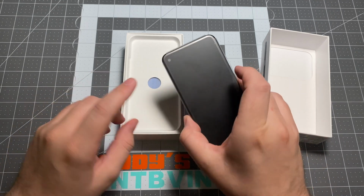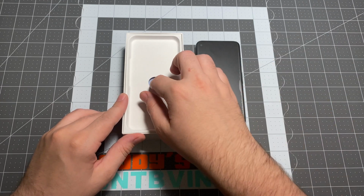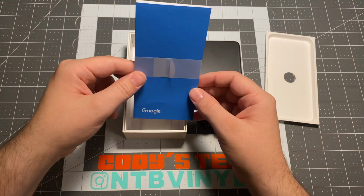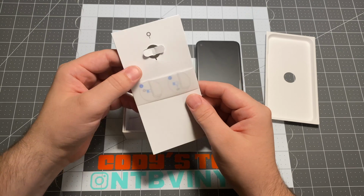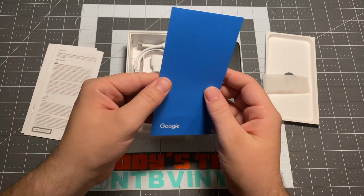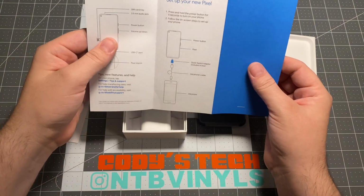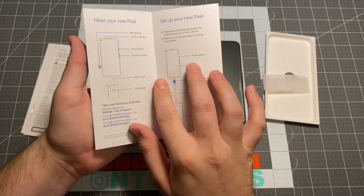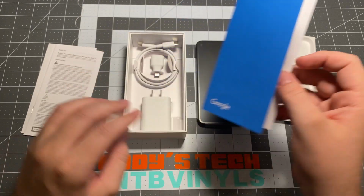Before we get this guy on, let's take a look what's in the box. Here, we'll get this out of the way. The Google packaging, SIM remover. Let's see, in our pamphlet we have in multiple languages setting up the new Pixel. Awesome. So we've got a nice little legend here of what it's going to be. And then